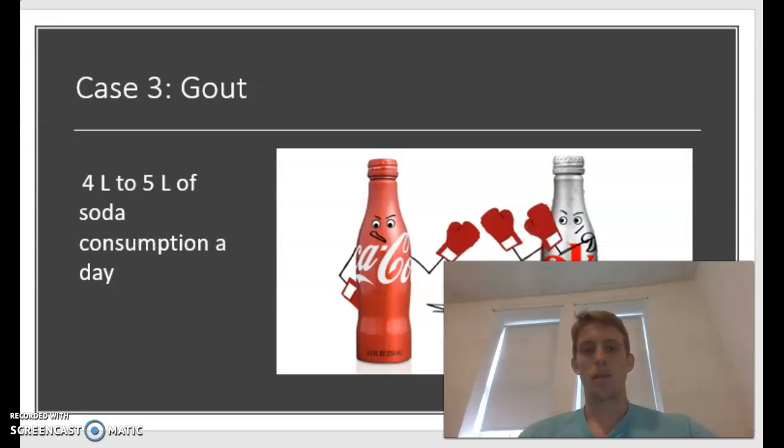After further discussion with the patient, he has revealed that he has recently switched from diet soda to regular soda, from concerns around fake sugar as advertised with the diet soda. He says he consumes between 4 and 5 liters of soda a day. Soft drinks are very popular in the US and contain high levels of fructose and high fructose corn syrup. The consumption of fructose in the US has increased considerably since the introduction of high fructose corn syrup into foods